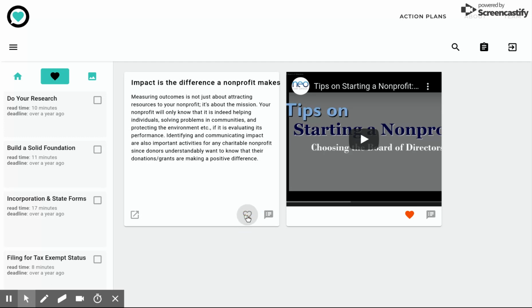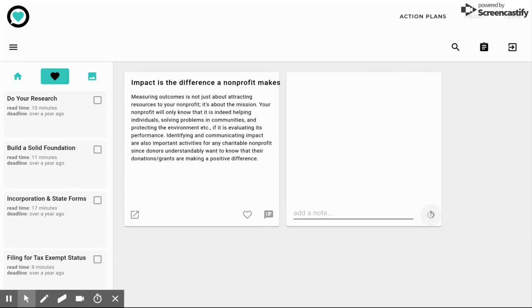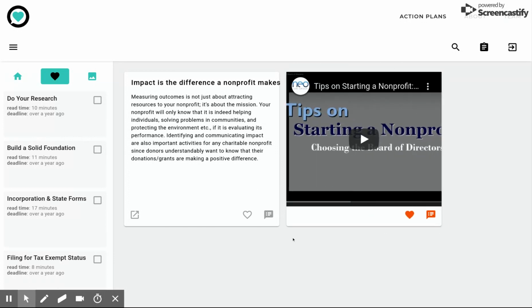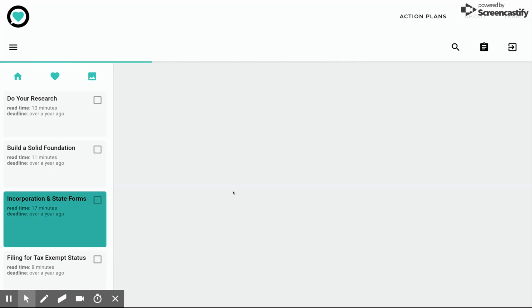So you can undo that at any time or flip over a card and add notes as you go. So treat it like a post it note. It's that easy and it'll automatically save it and you can flip it back over. So the notes will always be saved. If you wanted to take the hearts off, of course, it'll return it back to where it was originally found